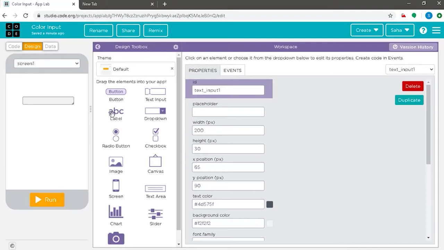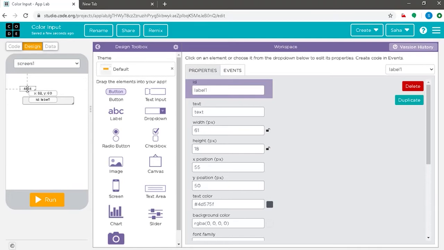Now we shall drag the label just above the text input. A label is anything that specifies what our text input is about or just instructs about anything related to what we are putting on the visualizing section. As you can see, similar to the text input element, the label element when entered in the visualizing section has its properties described in the workspace.